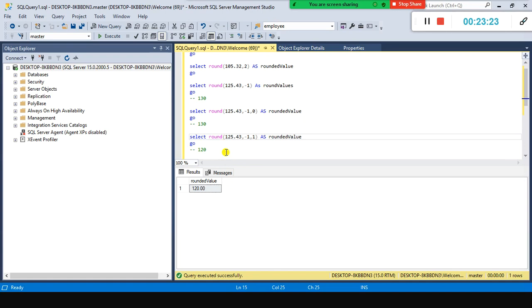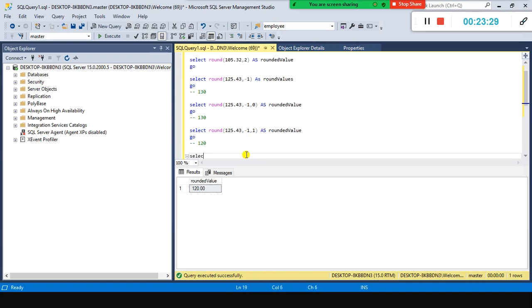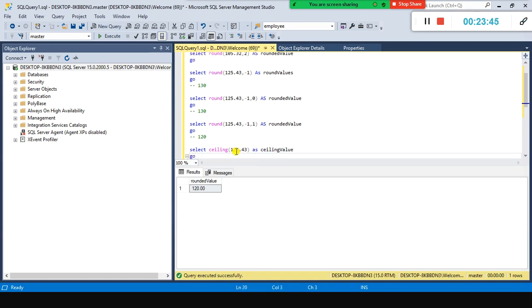Okay, to validate this, now we will compare this one with ceiling and floor. Select ceiling 125.43 as ceiling value, go. Here I am getting 126.